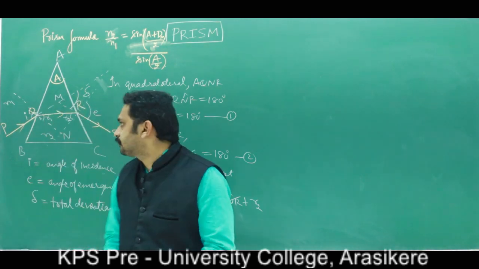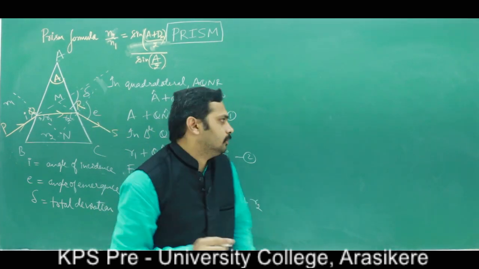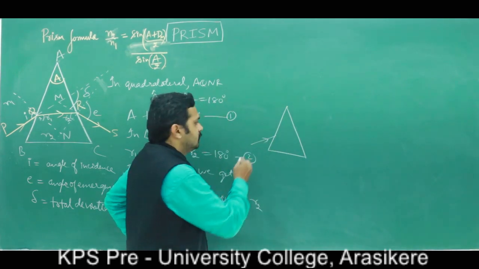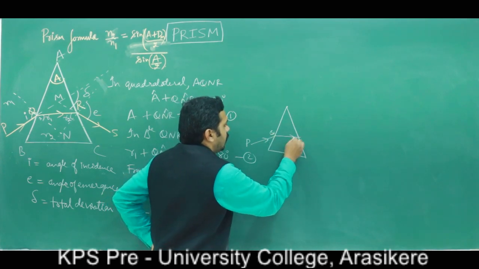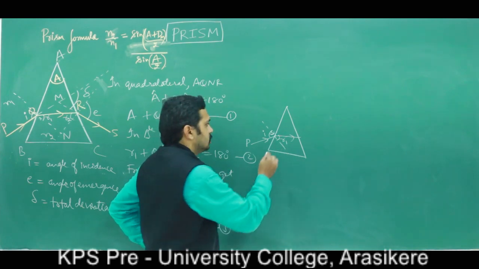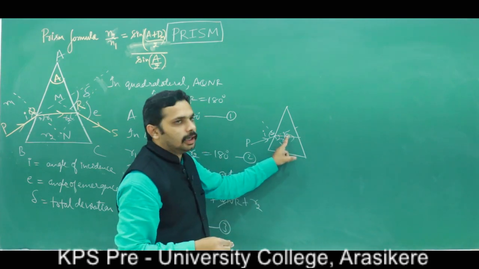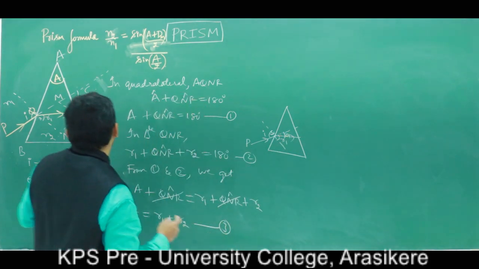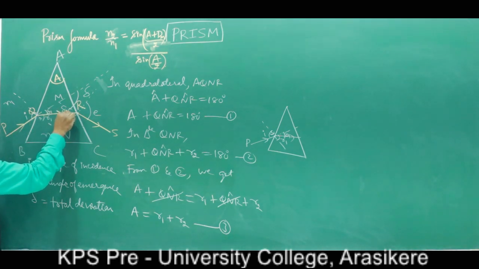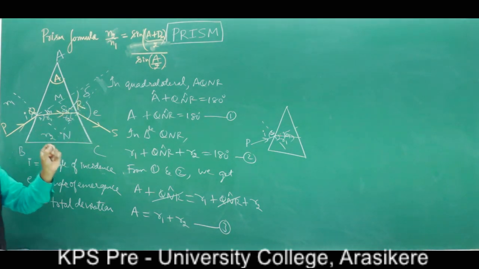Now look here. This is delta. What is delta? Total deviation produced by a prism. Suppose this is the prism. This is the first surface. This is the incident ray PQ. This is the refracted ray. For the first surface, I is the angle of incidence and R1 is the angle of refraction. This is the actual path of the incident ray. This is delta 1, the deviation for the first surface. This is the deviation for the second surface. The total deviation delta is equal to the sum of the two deviations.